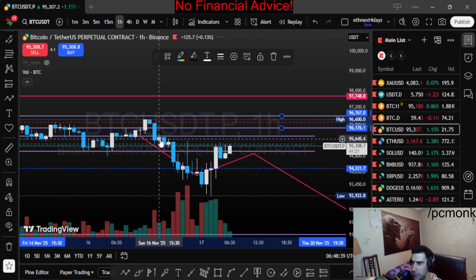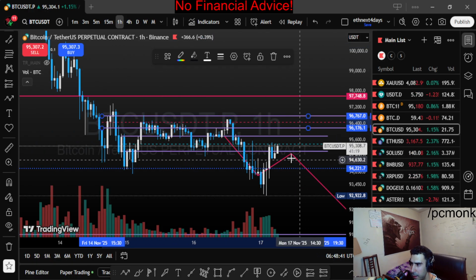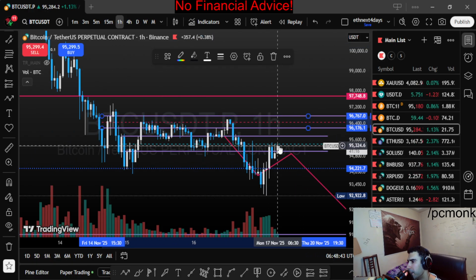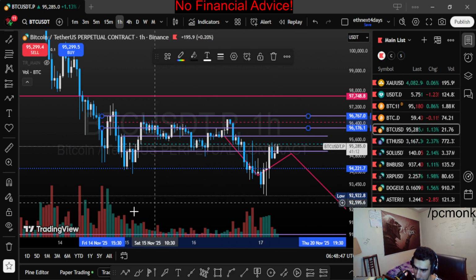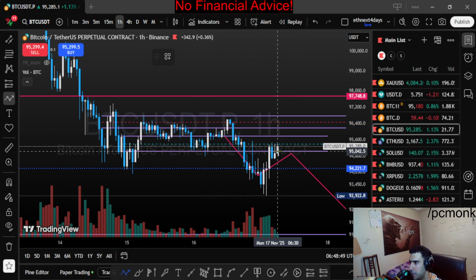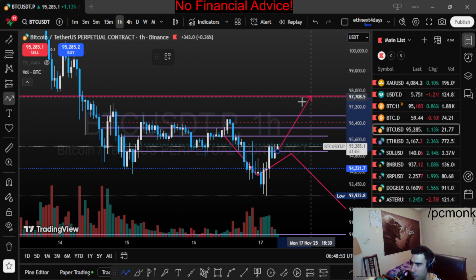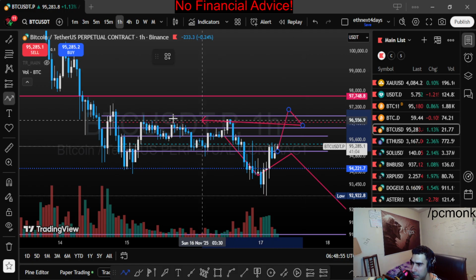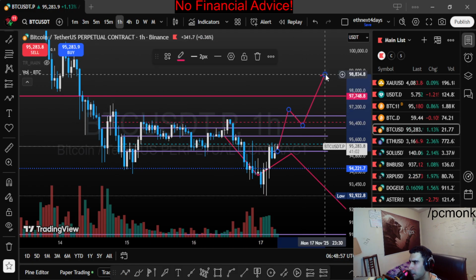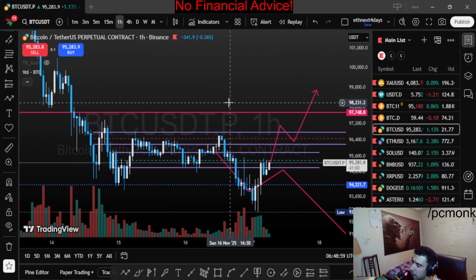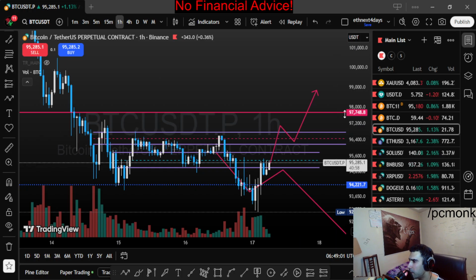Now let's go 1 hour one more time. Right there, we are trying to hold it right now. If you get rejected around here, then you're done. If you hold here, in my opinion, you're gonna come up probably around this 4 hour line. Then you need to hold this range that we drew and then push it higher. Obviously, the liquidity and the velocity could come and we push it higher. Anyway, if we hold above that 97,748,